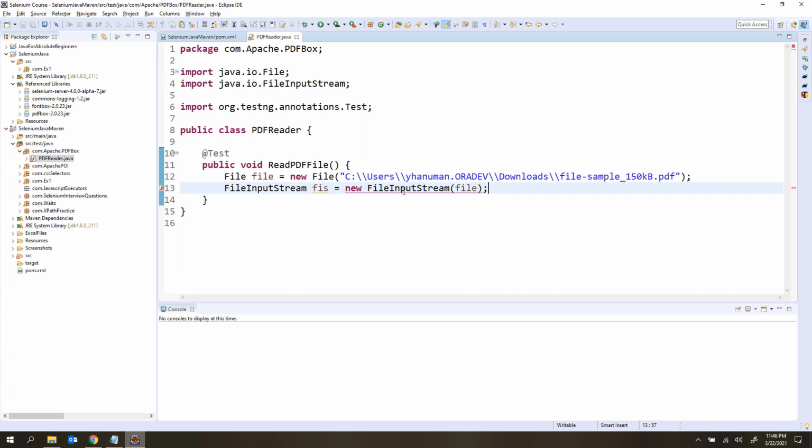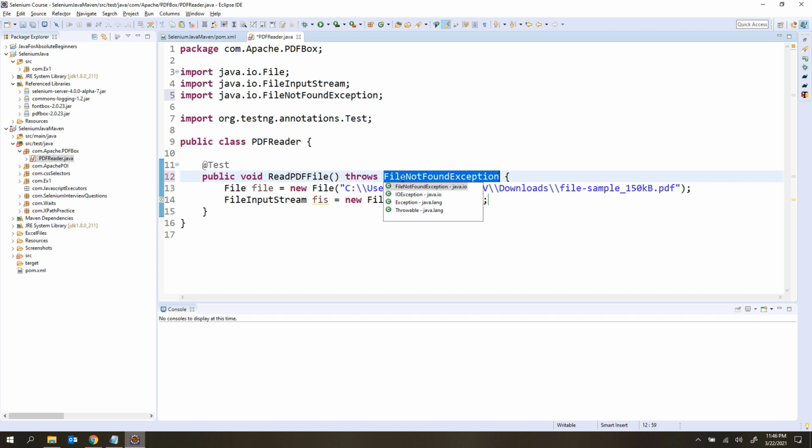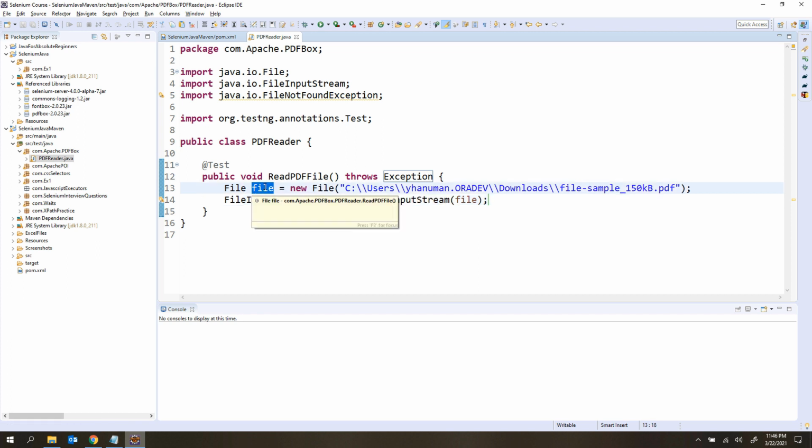So this file input stream may throw one exception, guys. The exception is file not found exception, but to avoid all the next exceptions, I'm going to choose the superclass of exception. So why is file not found exception coming? Whenever you are reading the data from this file, maybe the file may be found or may not be found, right? So that is why it is throwing the exception here. So now the data is present inside the file input stream. The raw data is available.